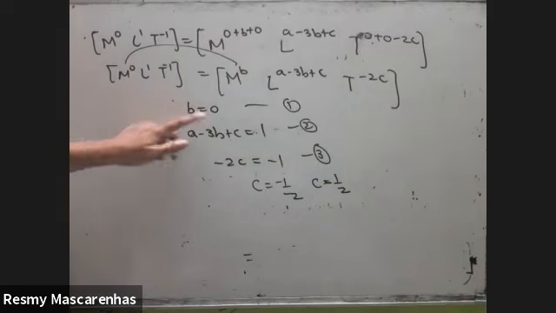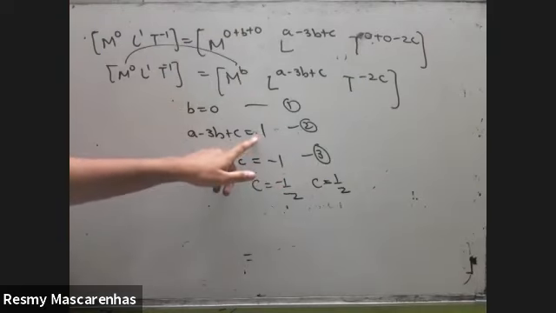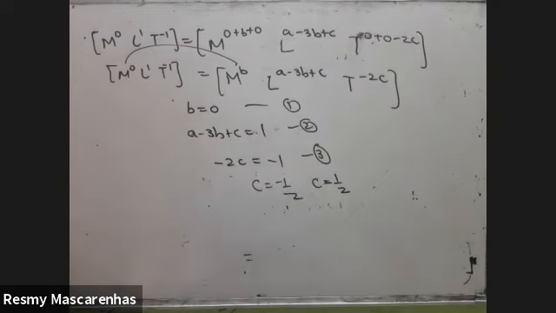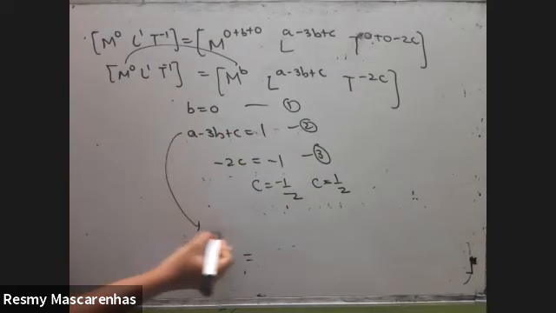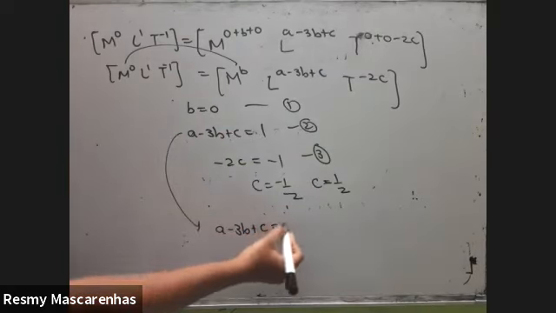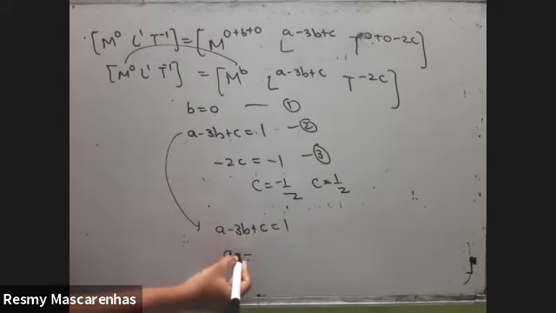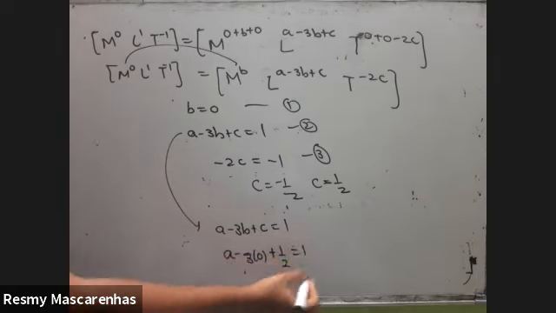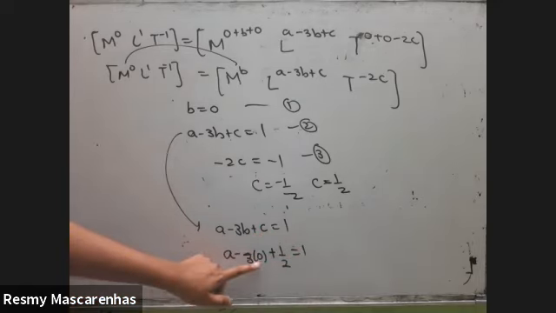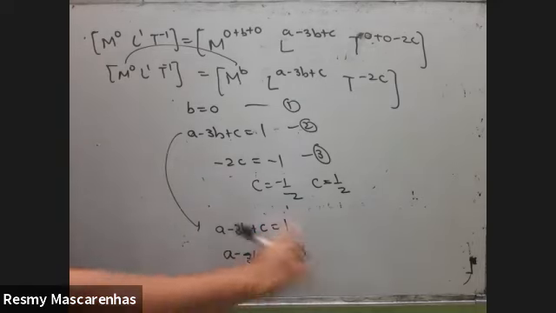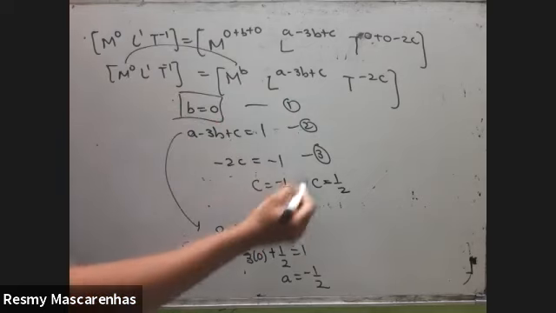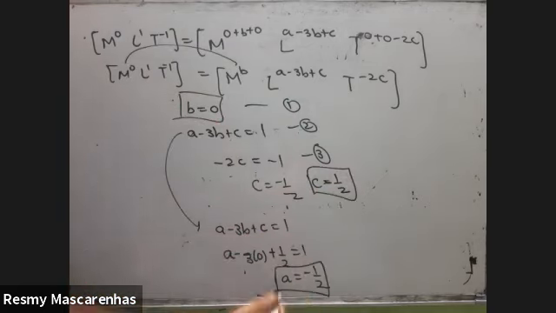Now you know the value of B, you know the value of C. Take equation 2 again, put the values here. Put the value of B here, put the value of C here and calculate your value of A. Write equation 2 again. A you keep like that only. 3 times 0, so 3 into 0 anyways will be 0. And half if you take on the other side, you'll get it as minus half. So you got all the values. B is 0, C is 1 by 2, A is